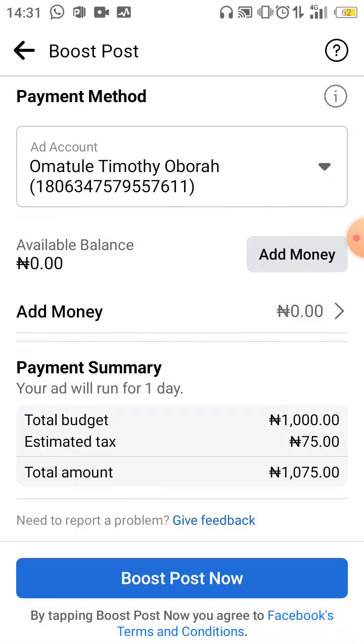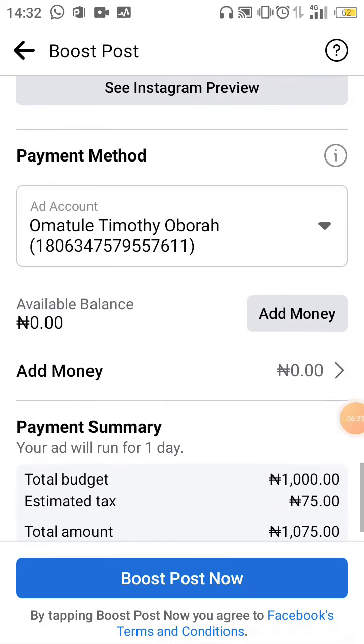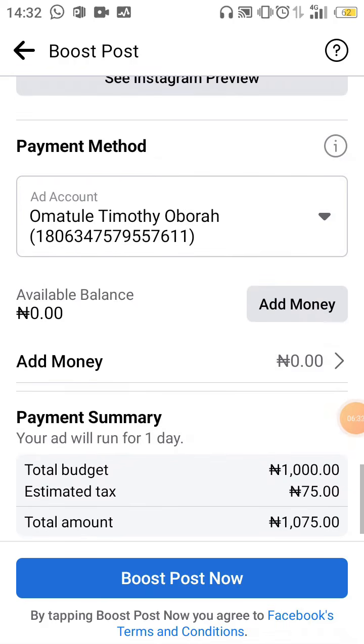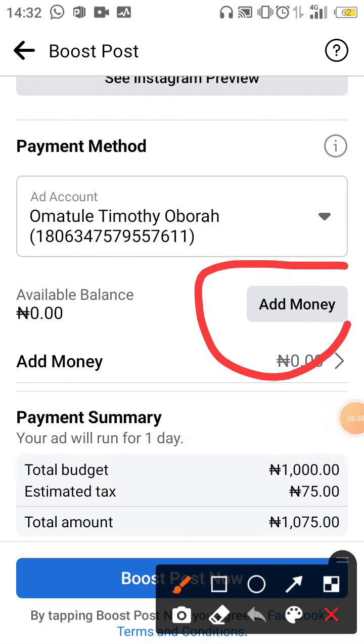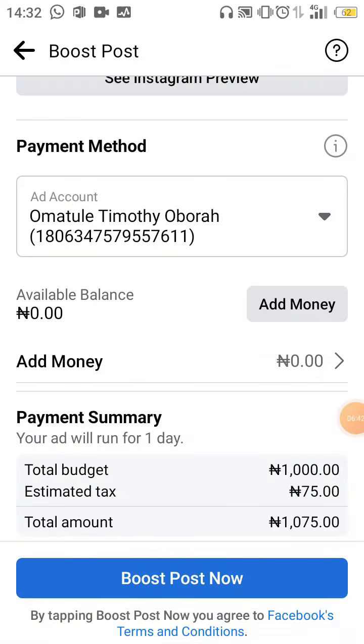Because if you use postpaid, your account may have problems because Facebook may find it difficult to take their money, and if they find it difficult to take their money several times, the next thing is to disable your ad account. So to avoid that, always use prepaid and use naira. Don't use dollar. Always use naira. Okay. So if that is taken care of, I'm going to click on add money,